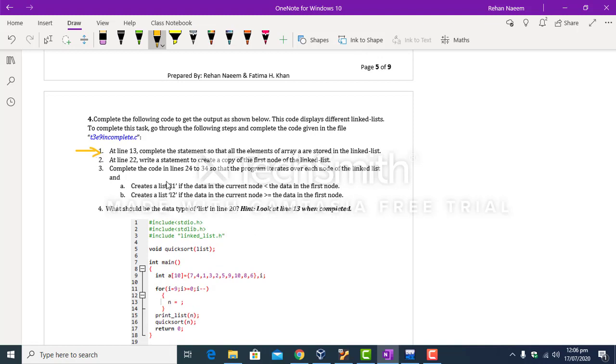At line number 13, basically over here you have to use this for loop to create all the nodes having data 7 to 6. So 10 nodes are to be created. Say this is the first node, this is the second node, and so on up to the 10th node.